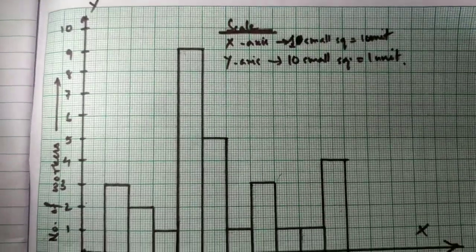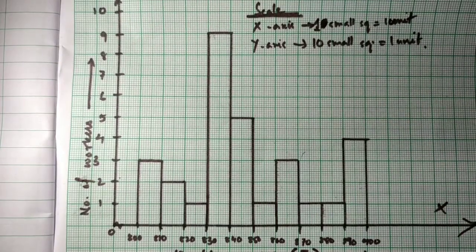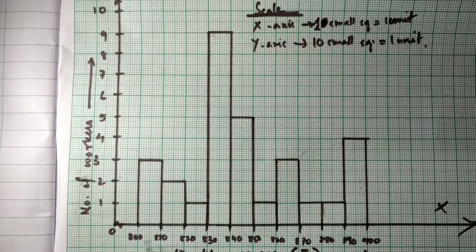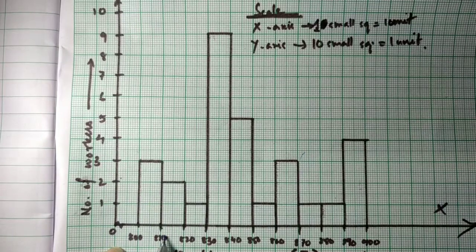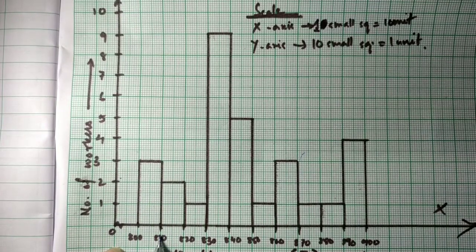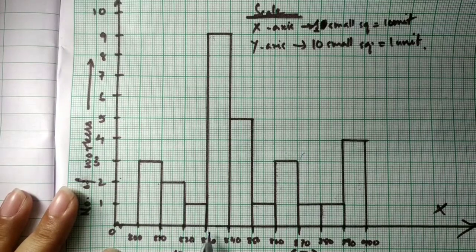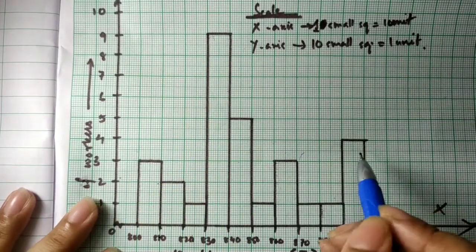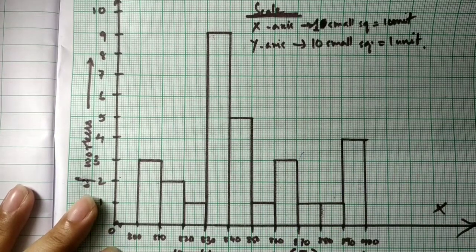Now, one thing to be very clear here. So let's get started here. Now see, for the first interval, that is 800 to 810, the number of workers is 3. So see the range 800 to 810. Next one, 810 to 820, the number of workers was 2. Taken it this way. Next was 1. Next one is 9 here, and so on. The last one is from 890 to 900. It is 4. So this is my histogram.